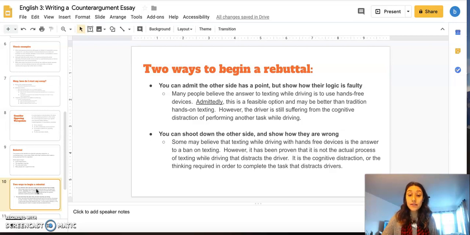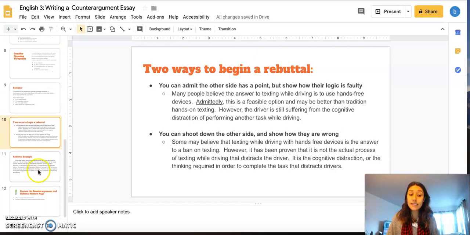So you have two ways to address a rebuttal, or to create a rebuttal. One way to address the counter-argument is to say, okay, yeah, I see the point, that's valid. However, and then point to the logic and how it doesn't really make sense to the point you're trying to argue. Or you can just directly shoot down the opposition and say, no, this is not something that we should consider because of X, Y, and Z, or whatever reasons. I provided an example rebuttal